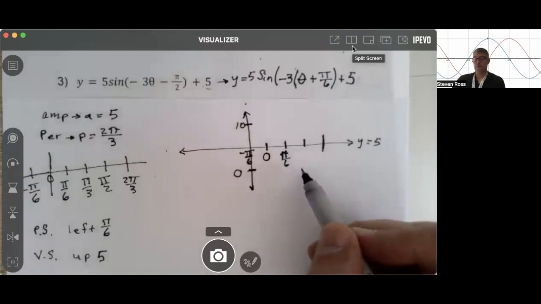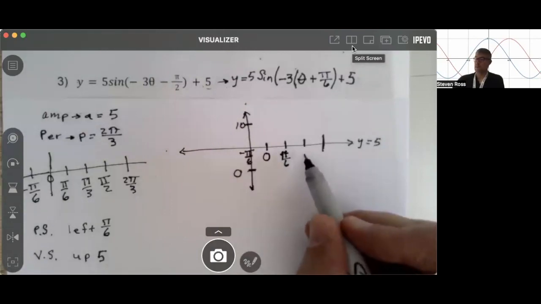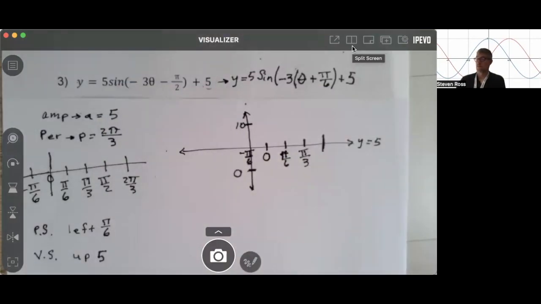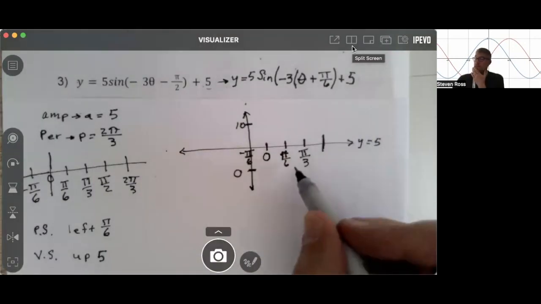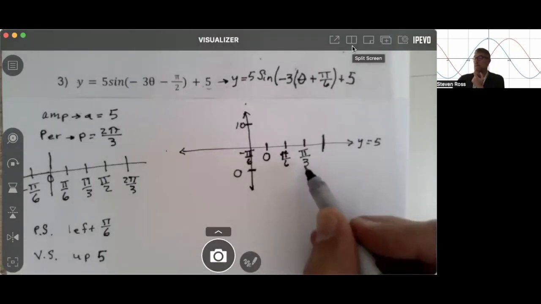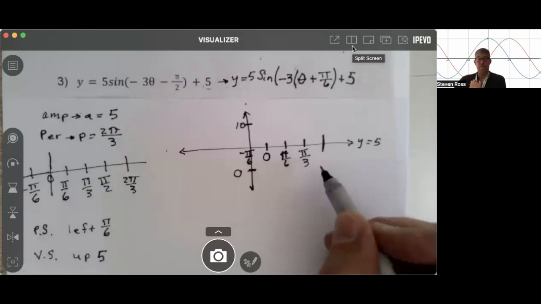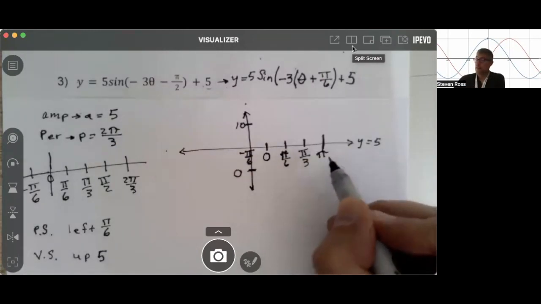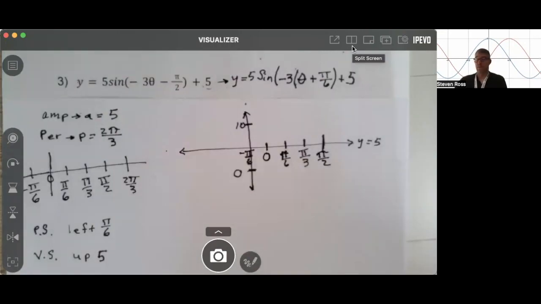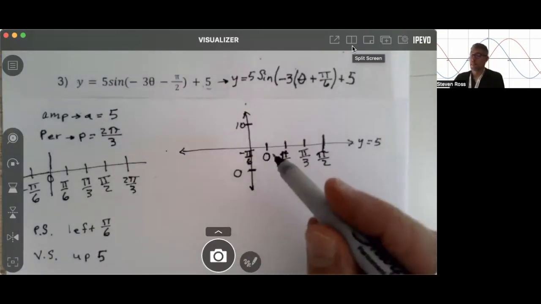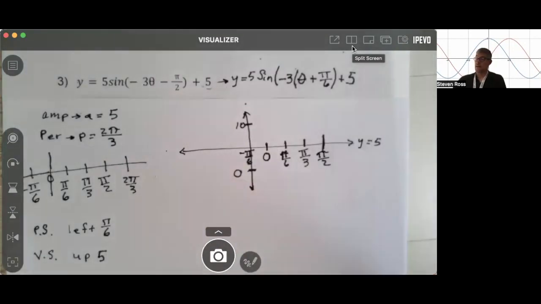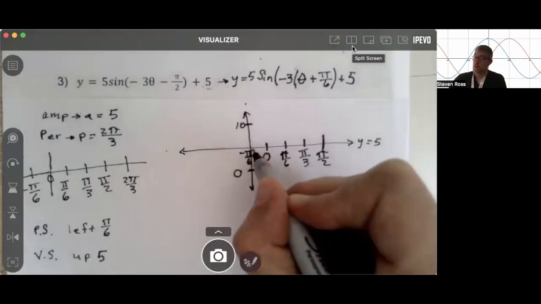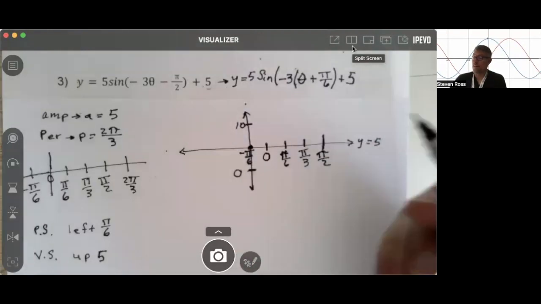And pi over 6 plus another pi over 6 is 2 pi over 6, or maybe we'll call that pi over 3 to reduce it. So 2 pi over 6, and then we'll add another pi over 6 to get 3 pi over 6, and I'll reduce that to pi over 2. All right. So we decided this is a sine, and so I know that it's going to start at that